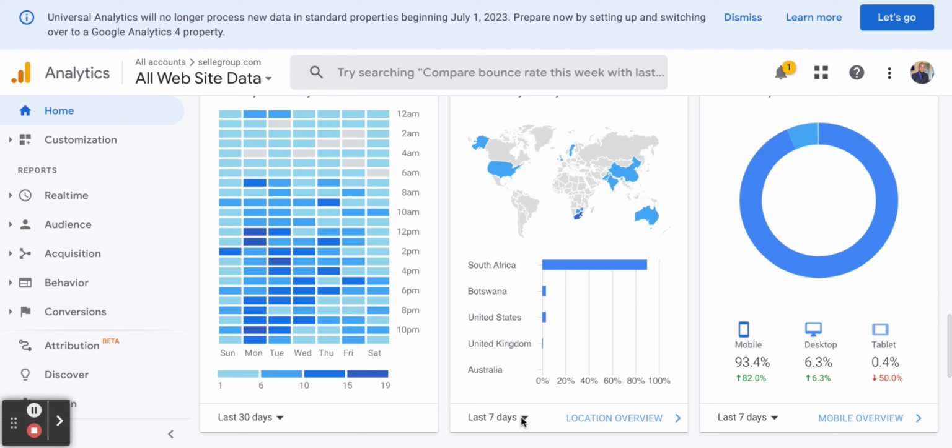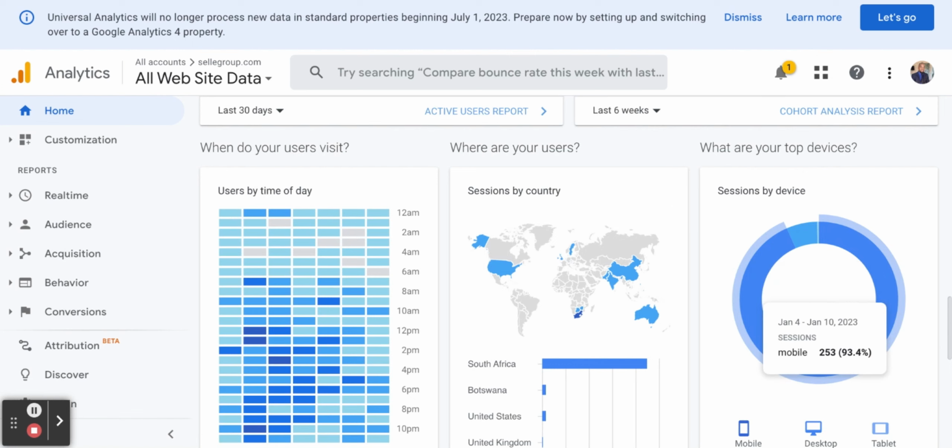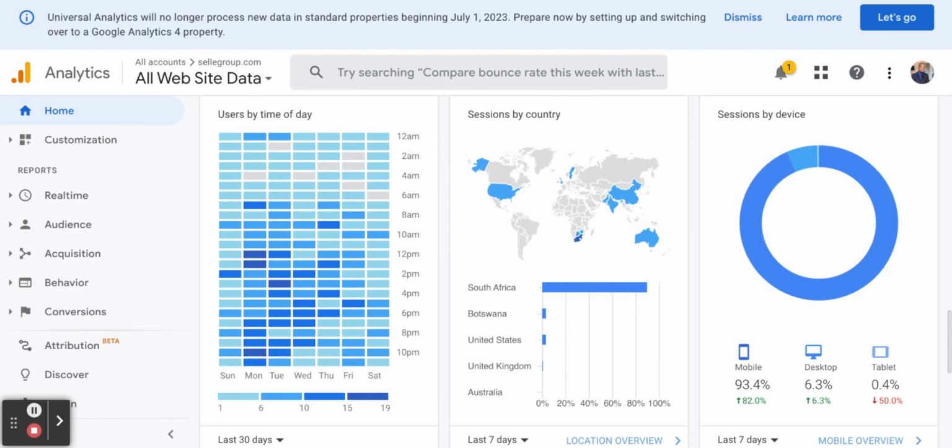Again, what's amazing is that you can tailor this for the last 7 days, the last 30 days, and give you this information. On the right here, what we have is devices, sessions by devices. Google's smart enough to let you know how many people are entering through mobile, desktop, and tablet. Guys,